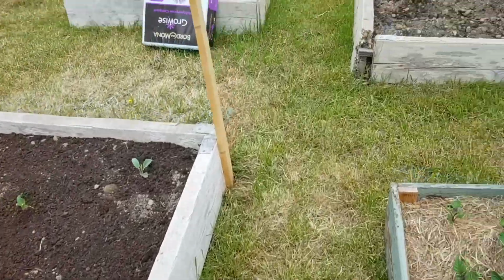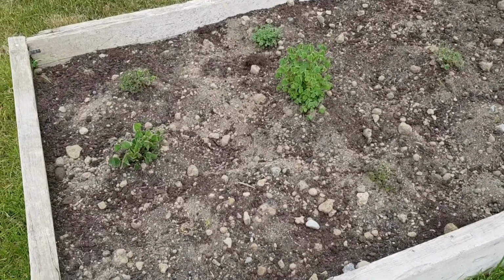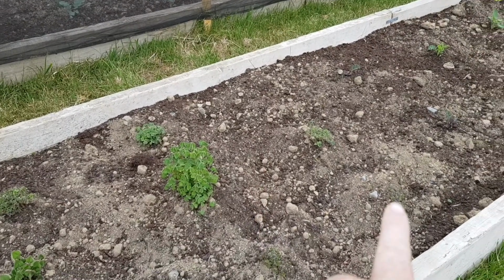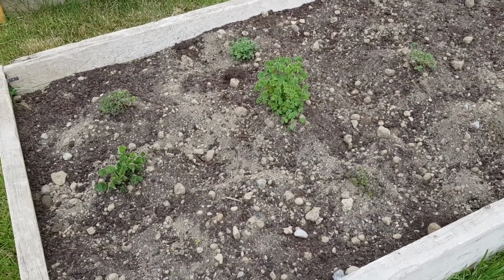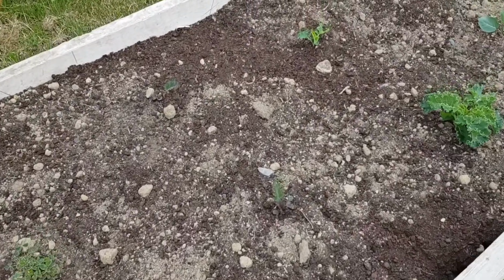It's really cool. And then over here my oca, which was also killed back, but seems to be picking up pretty well. I lost a couple of plants. There was one here, and there was one over here, and there was one here. That one in the middle had been in the greenhouse, so I only just planted that out. I think we should be safe from frost at the beginning of June. I hope so anyway. Over here we've got some curly kale,